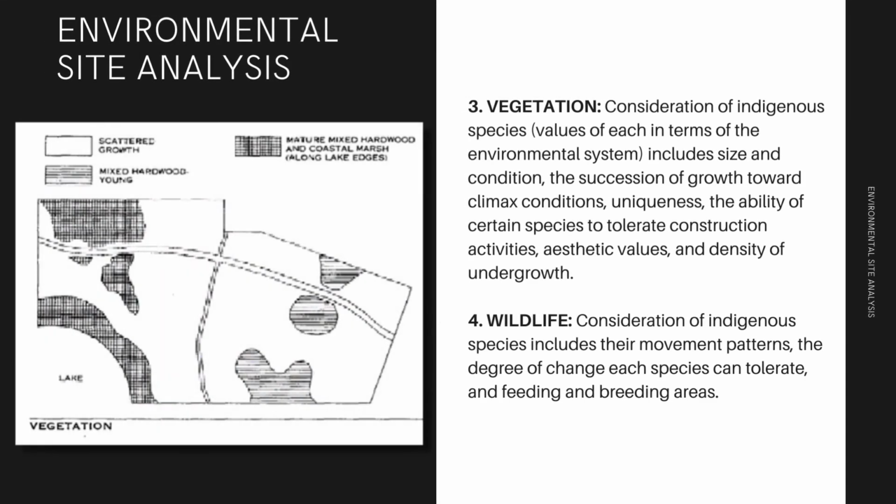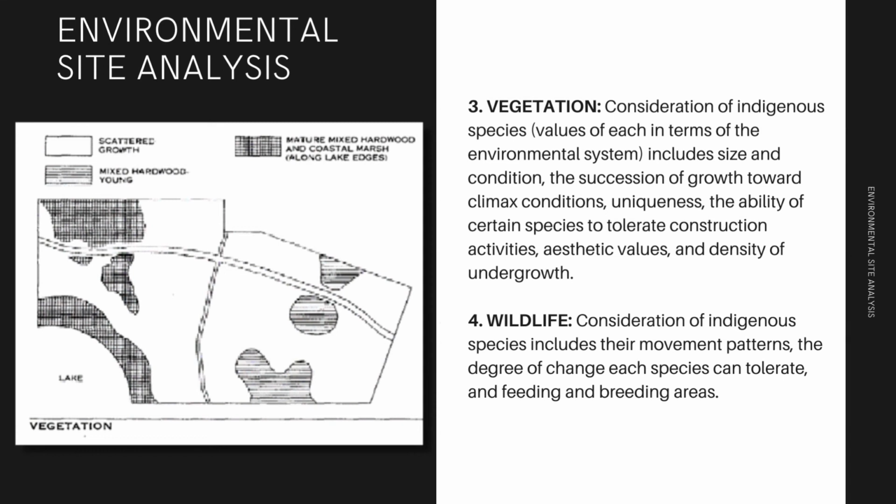Third is the vegetation. Consideration of indigenous species, values of each in terms of the environmental system include size and condition, the succession of growth toward climax conditions, uniqueness, the ability of certain species to tolerate construction activities, aesthetic values, and density of undergrowth. So, vegetation improves the quality of a building, especially in energy efficiency, and also in visual quality. And it does not only provide benefits to the environment, but also to society and the economy, because it helps reduce